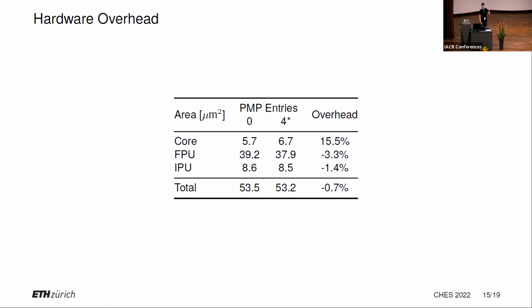If you add this isolation technique we added, you lose about 10% performance, but area-wise it's about the same. So that's what happens here: we lose performance and add overhead in the cores, but the floating point unit gets smaller because we lower the speed. That's why the offset comes in.